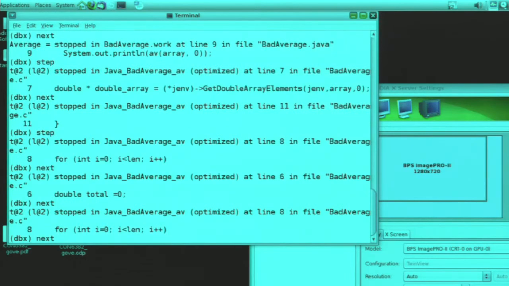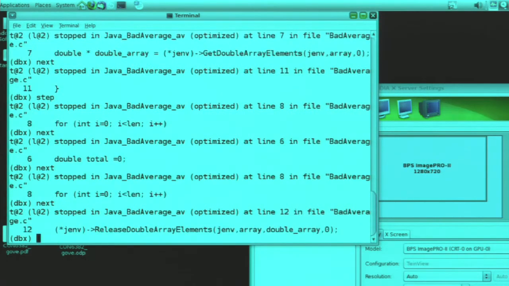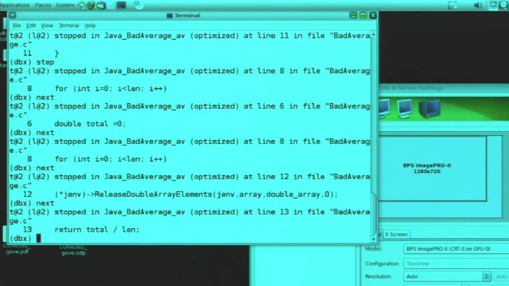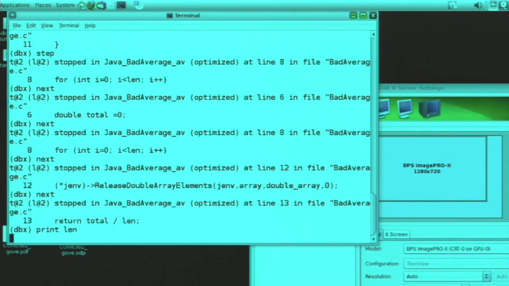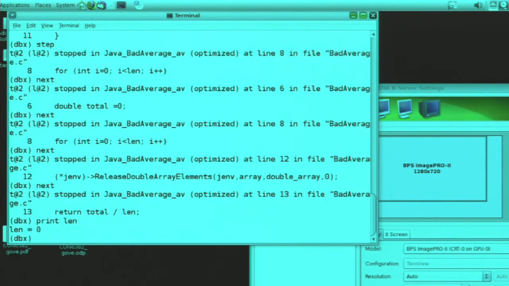Okay, and now I'm into my loop. Right, so this is called bad average because it doesn't work, which I should have demonstrated. But the reason it doesn't work is I've got an error in my code, which is I'm passing the wrong value for length in. I'm passing 0 in rather than the actual length of the array. And so I've not actually calculated a total,